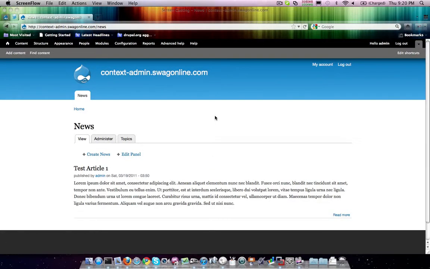So we're going to go ahead and explore a little deeper into the sort of things that we can do with Context Admin. As its name suggests, we can actually consume contexts of the page that we're on. These are page manager contexts, and so what I want to do is a demonstration of that. So again, sticking with our news module that we're building here,